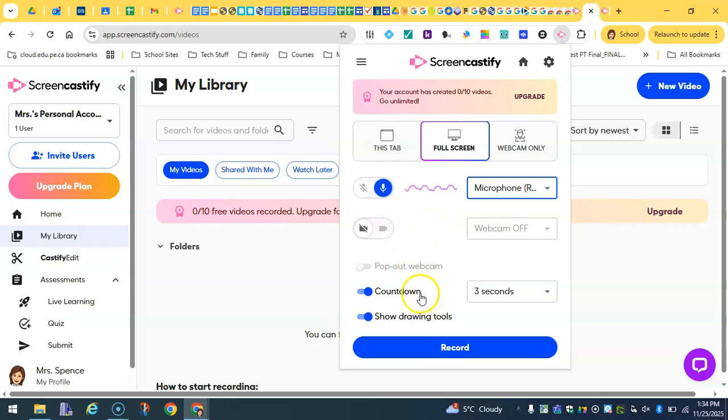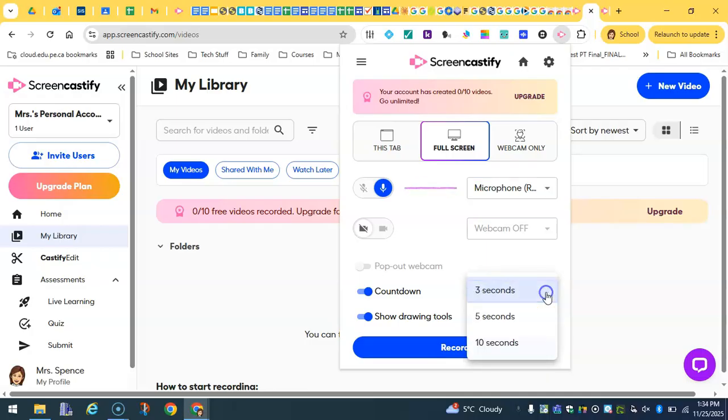I'm going to give myself a little countdown. I can make it a little longer, but I tend to just go with the short one. And you can choose to have drawing tools if you feel like you're going to mark on the screen as you're talking. So you can show that if you want to. I don't think I will, but I'll leave it anyway and we'll see. So if I click on record,